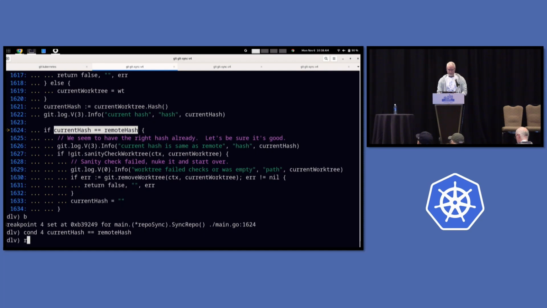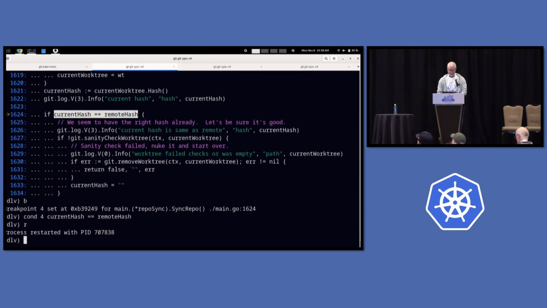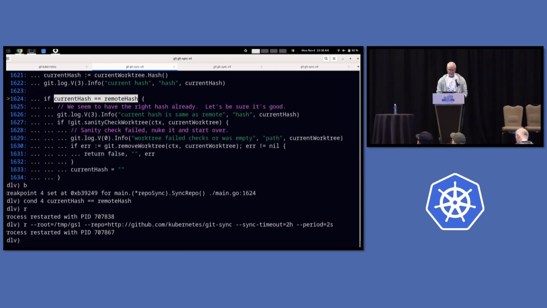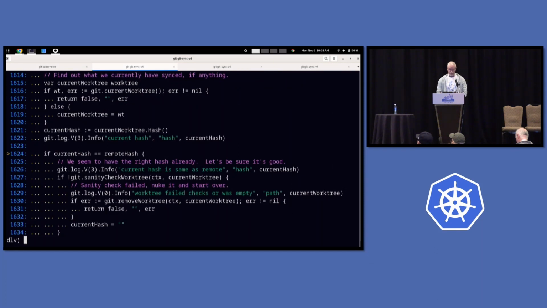And restart. Actually, boom. Here we hit. So now I can say print